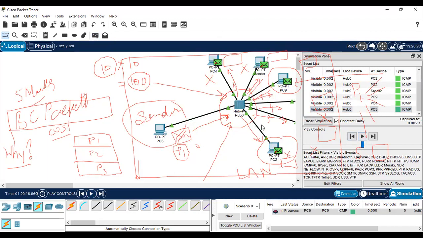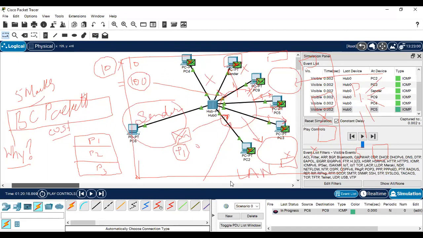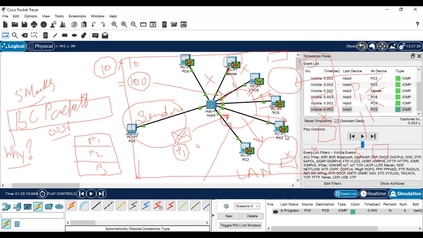You can see the receivers say, okay, this is not my packet. The destination address doesn't match over here, and I don't want to accept this packet, so they simply reject it. Only the receiver says, I am the receiver.